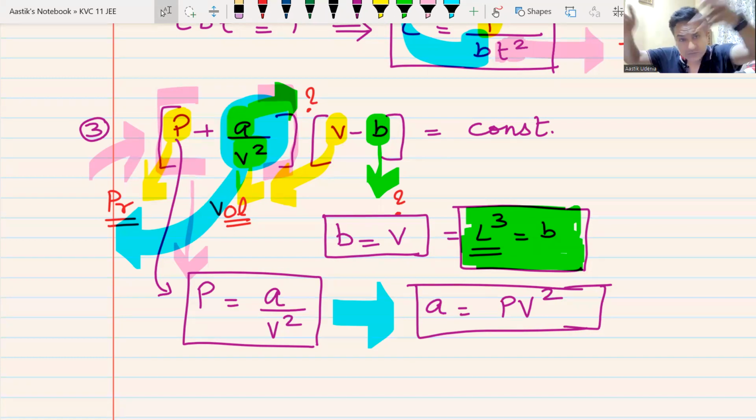P is pressure. We know the dimension of pressure, M L minus 1 T minus 2. We know the dimension of volume, L cube. Multiply pressure with volume squared, and we have our answer. Do we understand this? Yes or no? See, this was the question that appeared in IIT, and this can very well appear in the coming JEE Main as well,